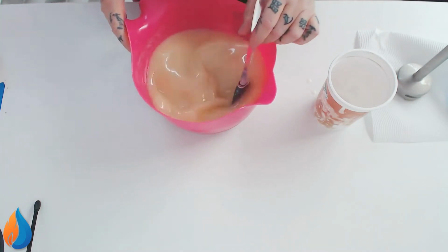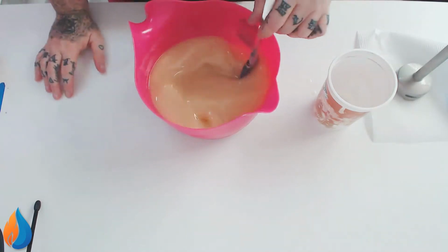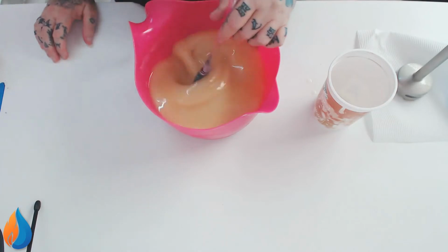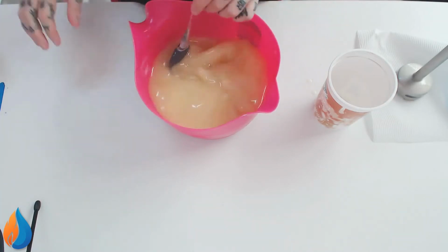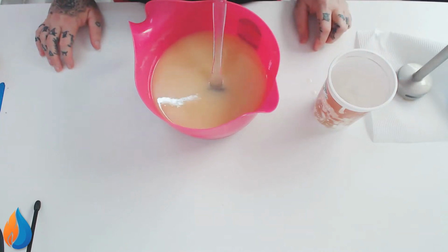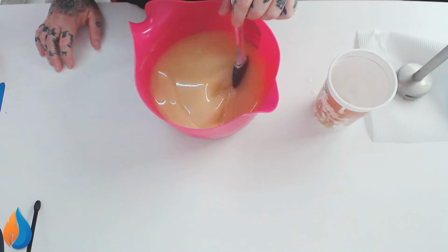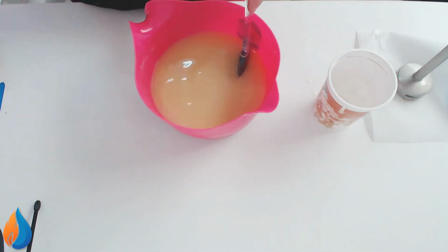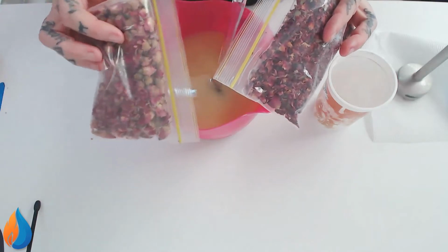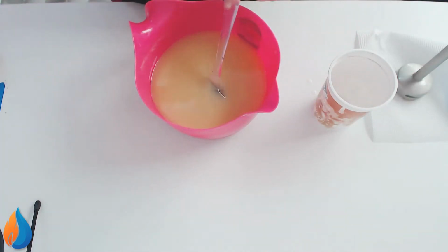It doesn't really need stirring, it just needs to be mixed. It already has a lye in it. So alright, so Bulgarian Rose. What I was thinking was, I'm absolutely terrified of what it's going to do, because I don't know, and it's a floral and it's rose, which is awful. But I have these from, yes, Becky. So there's rosebuds and rose petals, but I thought I would do a